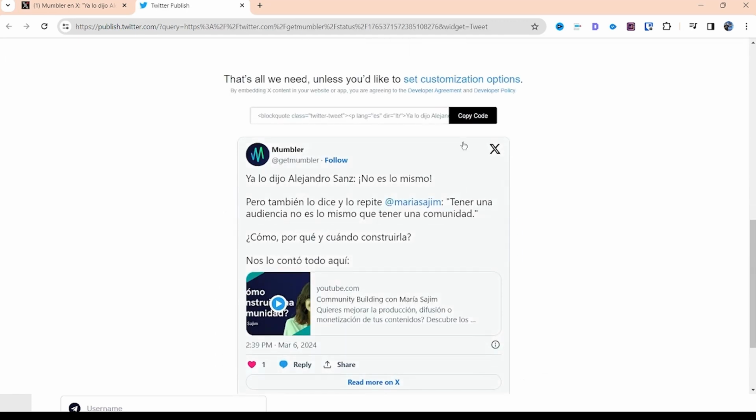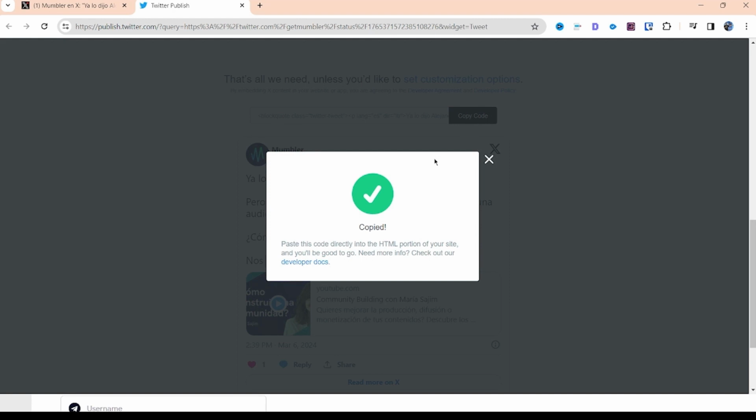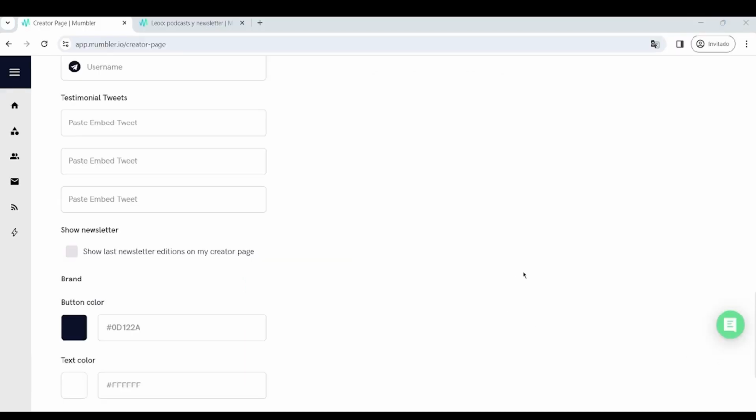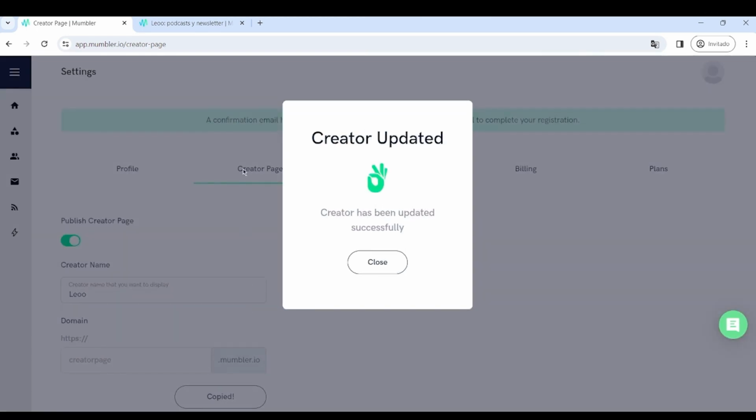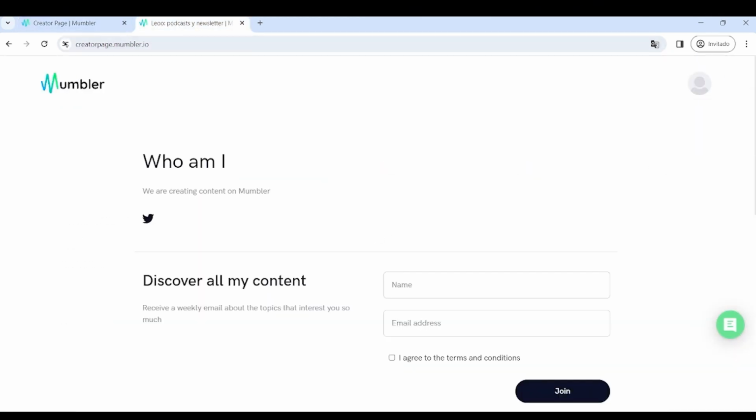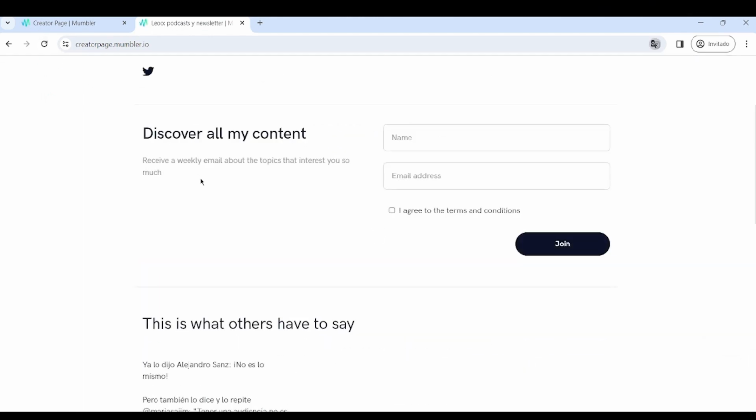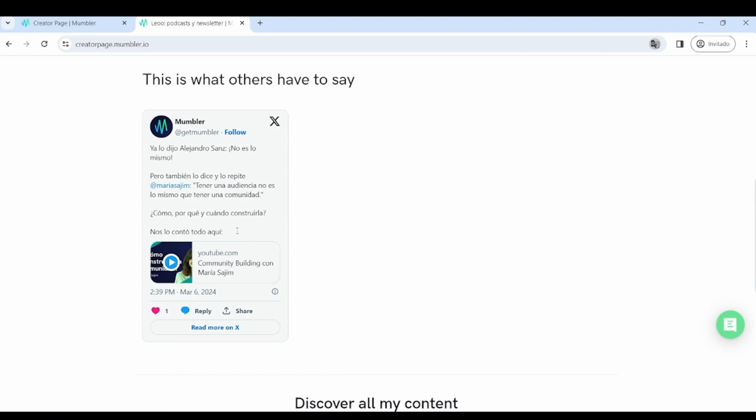And when we make our selection, this is how it will look. Here it gives us all the code. We copy the code, it's copied. We go back to our page settings, we paste it, and we already have the first tweet added. Let's hit save once again, close it. Let's navigate to the page of the creator. There is nothing here. We hit refresh, and now we can see the tweet that was added as the first